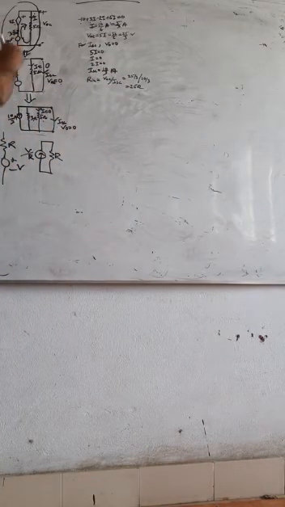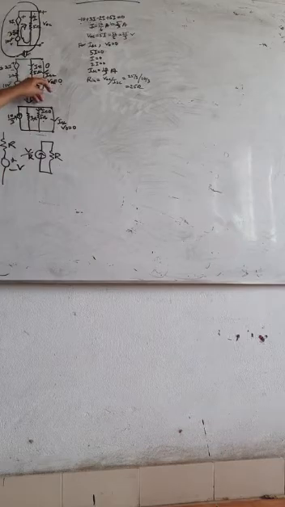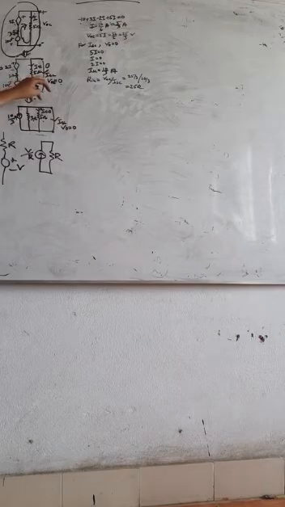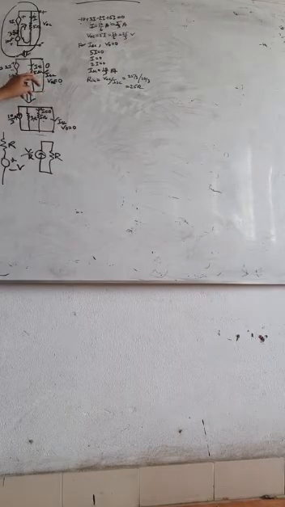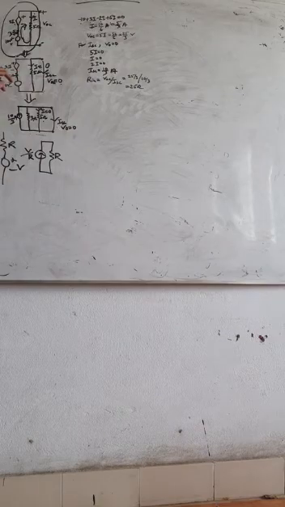In case you make the load short circuited, this voltage is 0 because the open circuit voltage is 0. This resistance is parallel with this load, so the voltage drop across this resistance is also equal to 0. So I is 0. Here 2I, the dependent voltage source, is also 0. So ISC is 10 by 3 ampere.